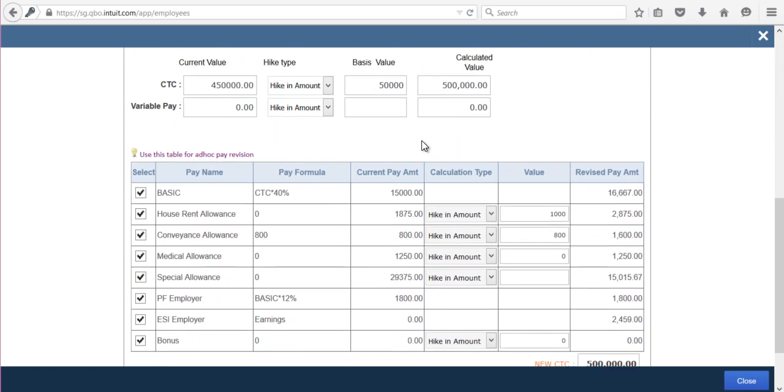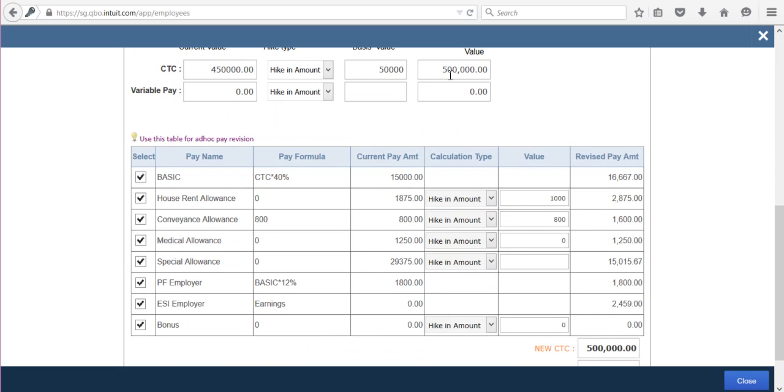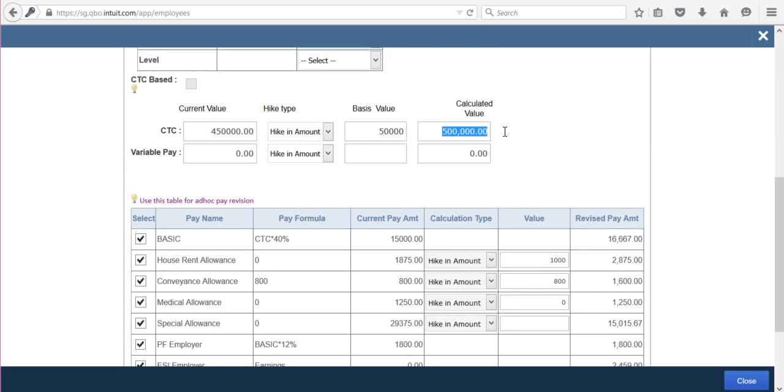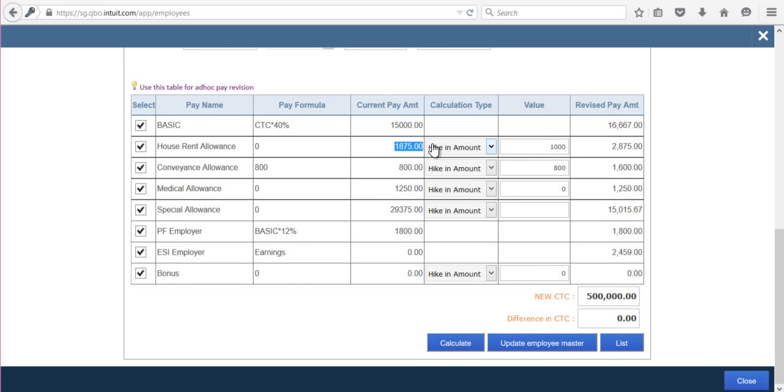Here, the calculated value will reflect current CTC plus the amount you entered. This and this will get added and it will reflect under this calculated value. Same way here also. So again, if there is no difference in CTC and the breakups, you will get this option update employee master. You can update the same.